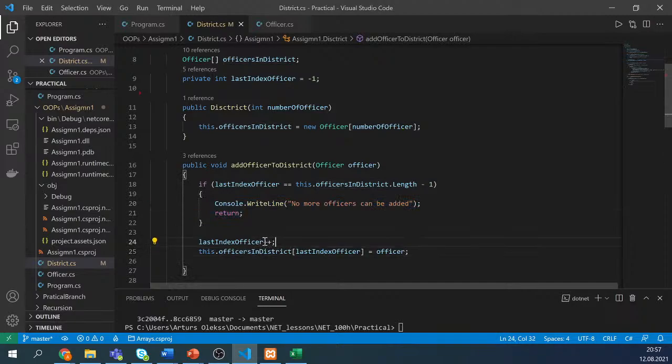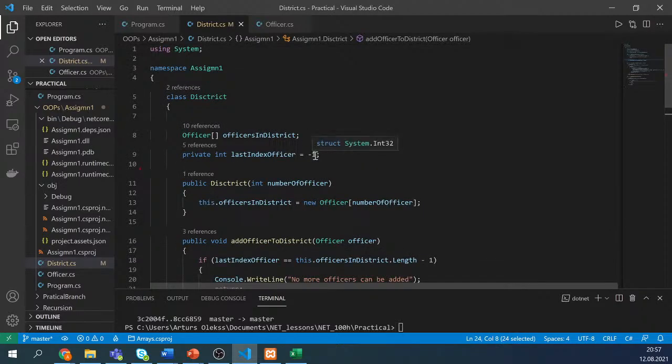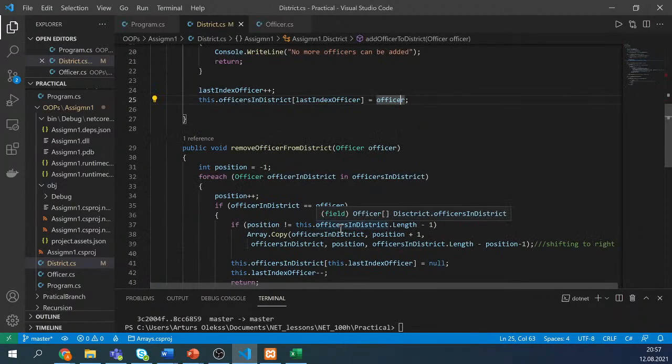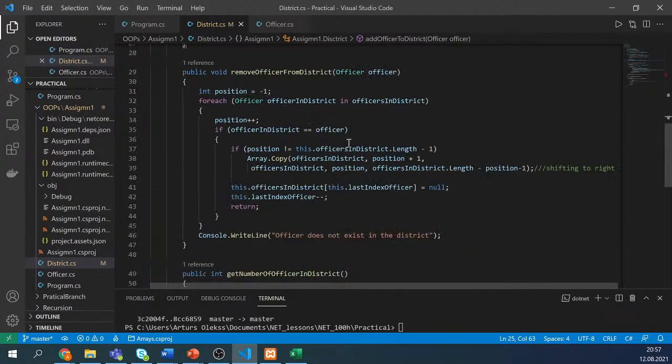Otherwise, we increment the index, so it means that we provide the last position entered, and then it will go from -1 to 0 for the first iteration, and then we add the officer. So for adding, there is nothing complicated. The complicated thing is to remove the officer, because if we simply remove it from the middle somewhere,